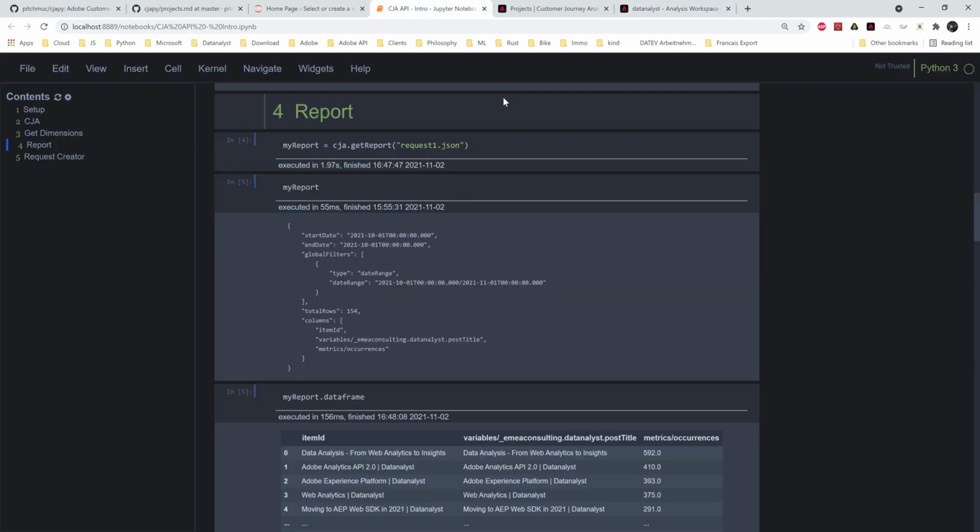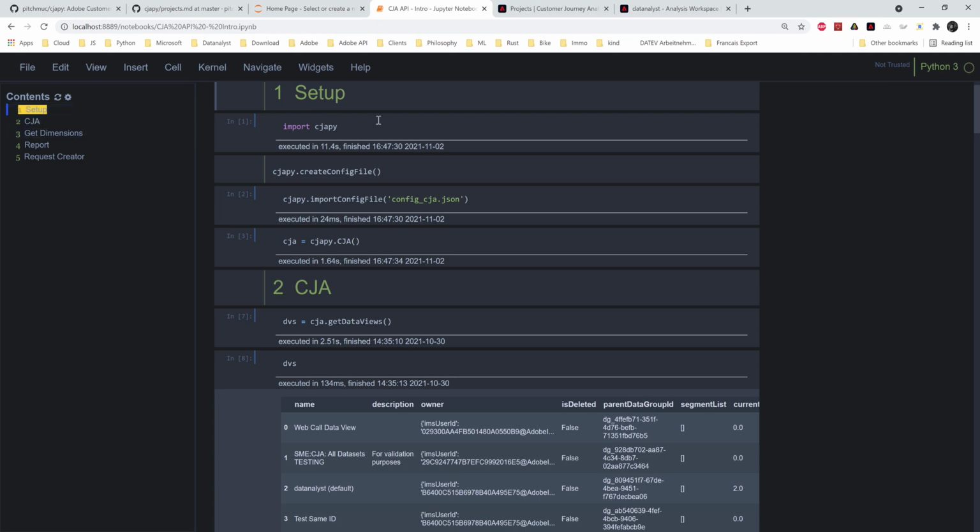The capability is directly available as one of the methods from the cjapy CJA class instance. So I'm starting again from the Jupyter notebook that I use in the other demos, so I will not go through how to create all of this. You can either watch the different videos before or read the documentation on getting started with that. So I'm going to create this instance of the class, and then